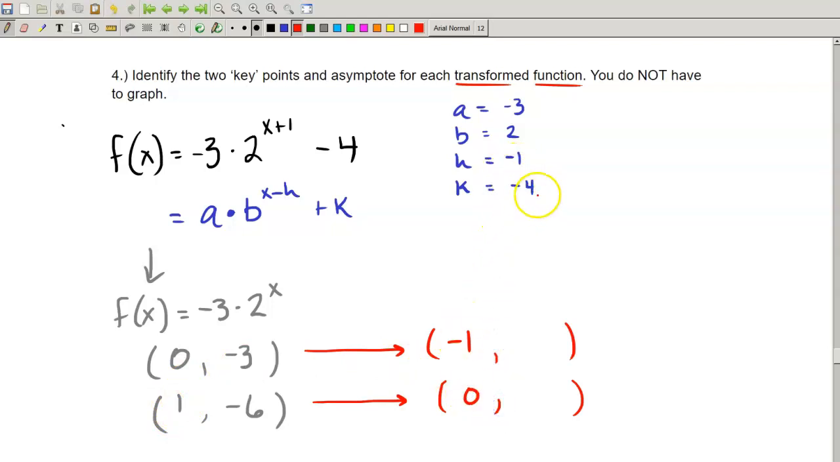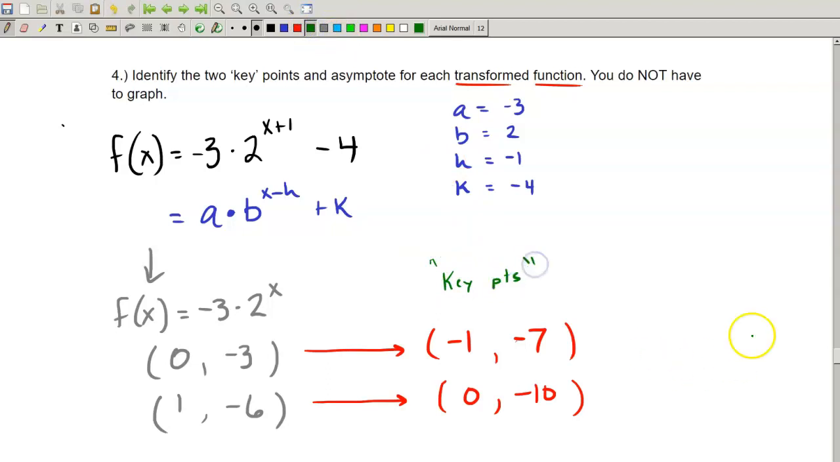And then my k value is -4. So that's just subtracting 4 from the y value. Everything is shifting down 4. So -3 minus 4, we end up with -7. And then -6 down here, and we're subtracting 4, we get -10. So these are my new key points